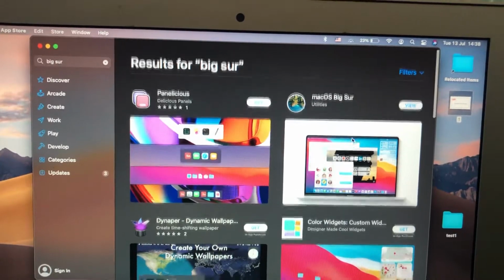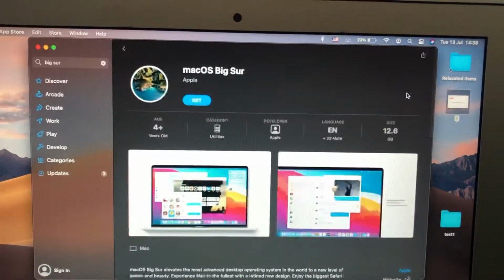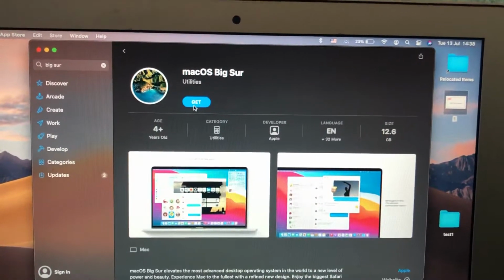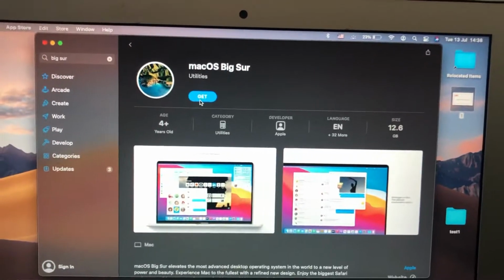and after you will see it here, just tap on View and just tap on Get. So download the version of macOS only from the App